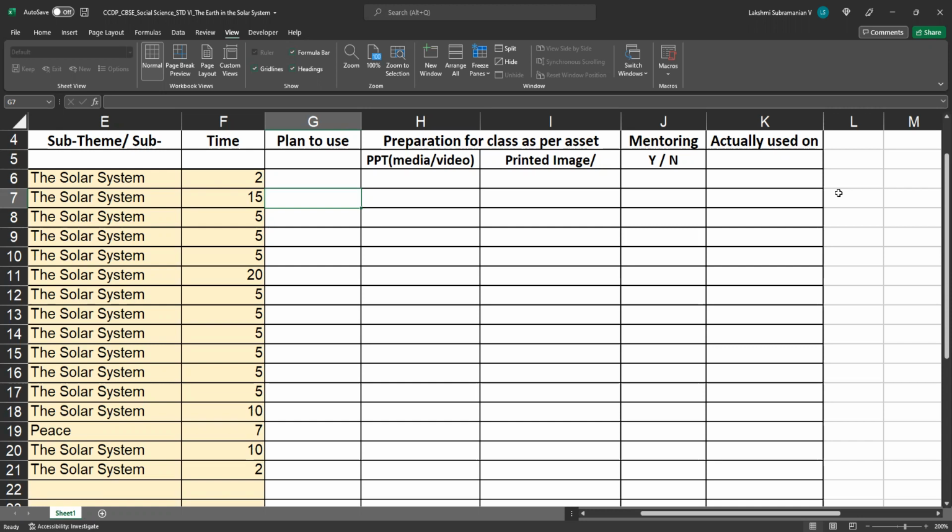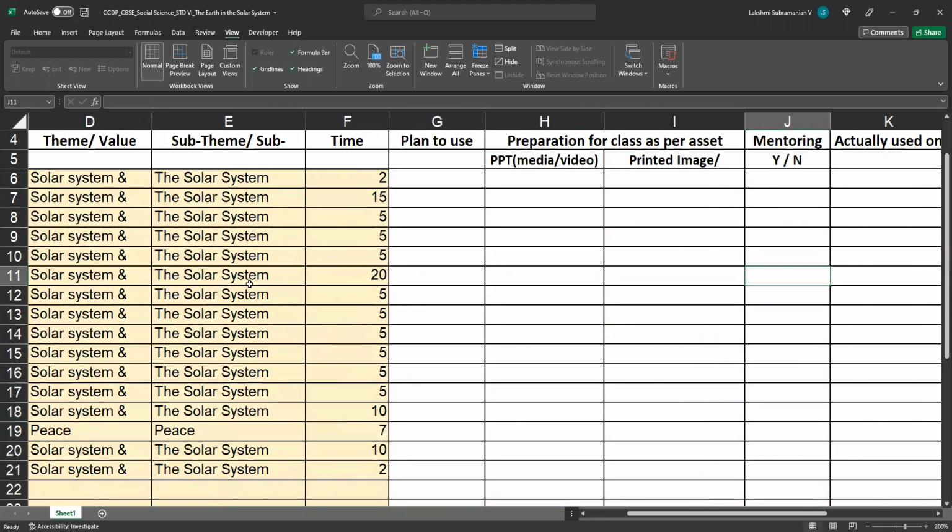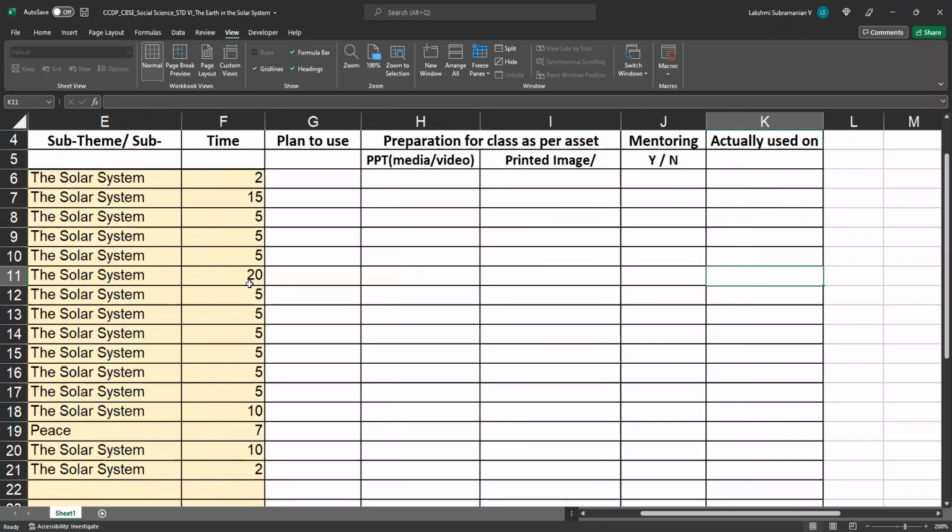Once you let us know that this particular asset or this particular activity, so there is one suggested activity, models of planets, right? So it says how you can do the activity in the classroom. You have some doubts when you are going through the Vidya Vahini content, when you go through the associated multimedia for that, you want to talk to someone. In that case, you would say, yes, I need mentoring here. Okay,